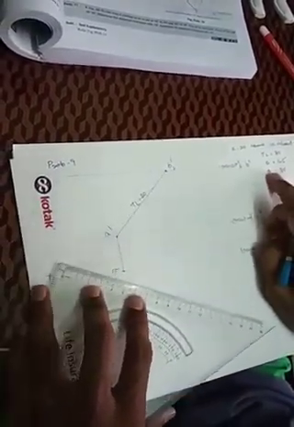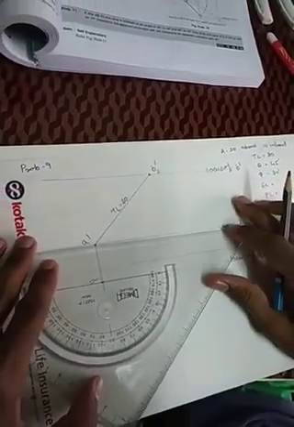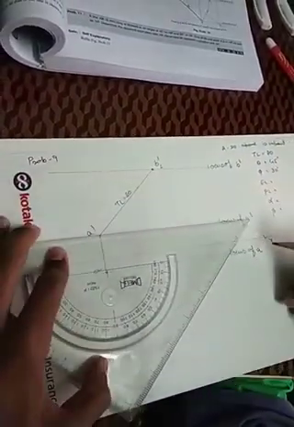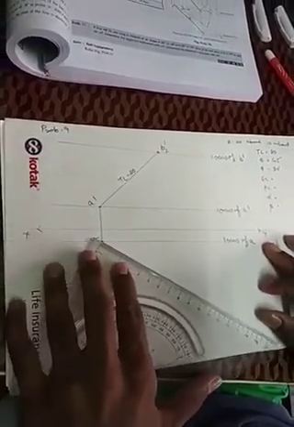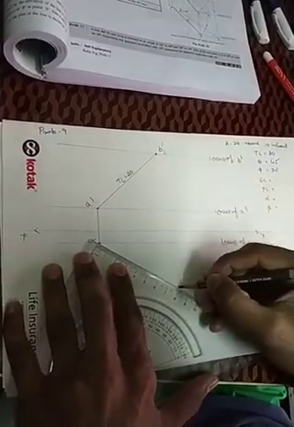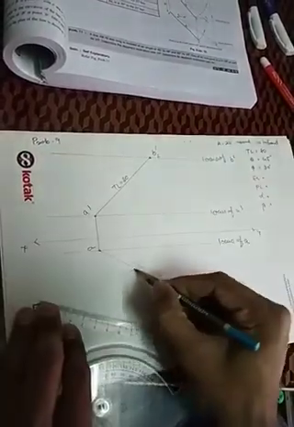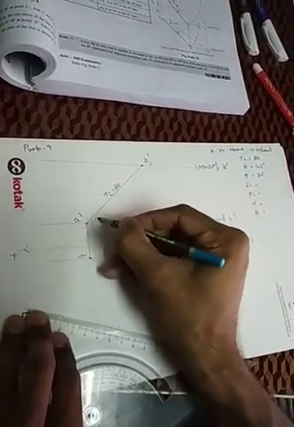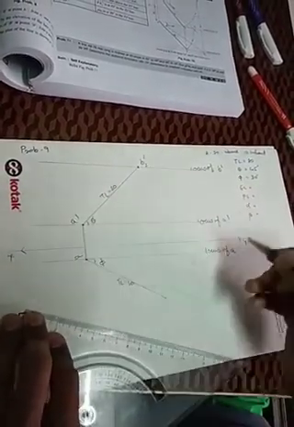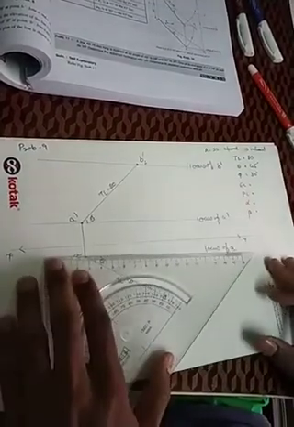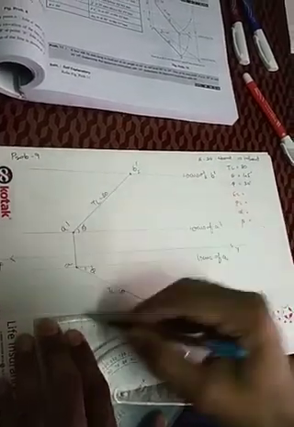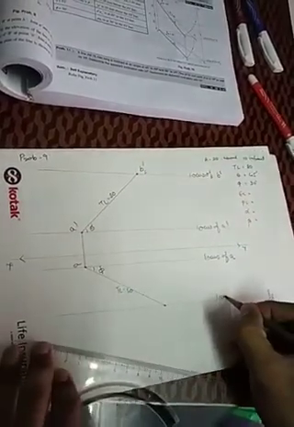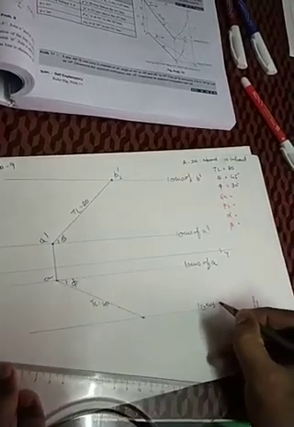The next thing that is given is phi equal to 30 degree. So I have to draw that phi from A point at 30 degree, and the true length is given. So true length will be 80 mm. So this 80 mm can be represented like this, true length equal to 80 mm. So this is my theta and this will be my phi. So 80 mm I have to draw the point. So from that point I have to locate another line. So that will be my locus of B.